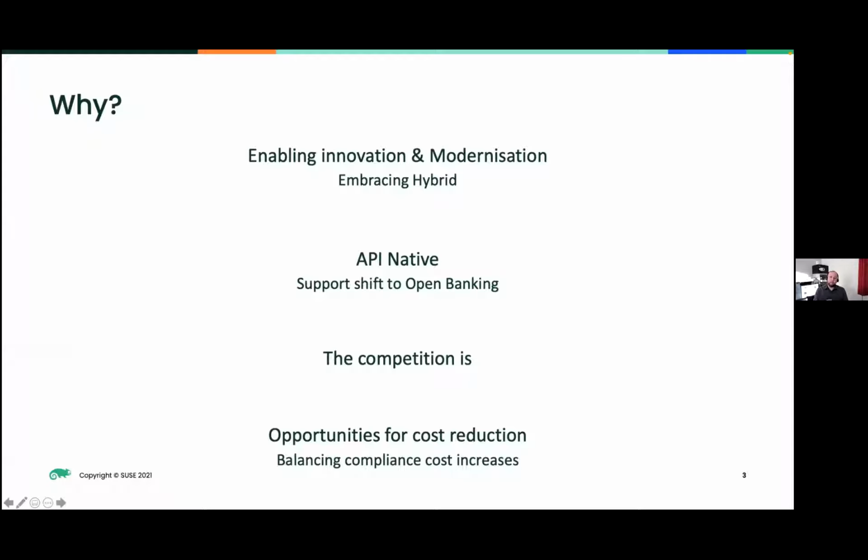We fully recognize at SUSE, it's our heritage, that there's a lot of legacy workloads out there. We're not able to suddenly take all of those and run them on the cloud. So we need a good container management platform that can mesh the legacy with the modern in a way that makes it easier for your teams to consume IT. Platforms like Kubernetes also help us drive towards an API native world. We've seen more and more industries, and we use the example of open banking in finance, embrace API native development, and Kubernetes can help us embrace that. So we need to be able to manage Kubernetes in a way that also embraces that API native model.